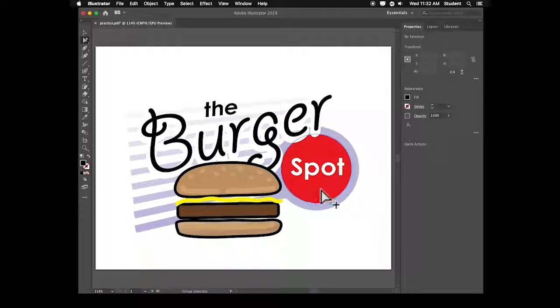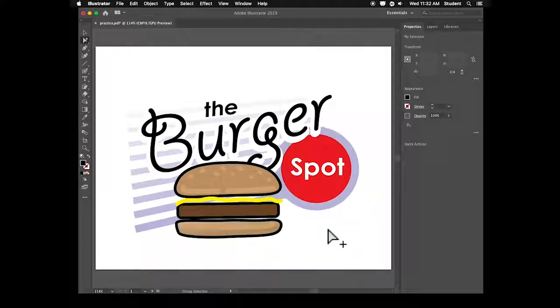Same color I used for the outside circle I used here, and I filled that color with red. So nothing really complex in terms of what tools I used. It's about how you use the tools and how you arrange the items on your page. This was rotated,